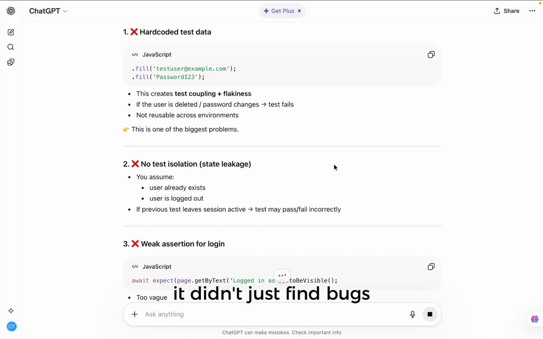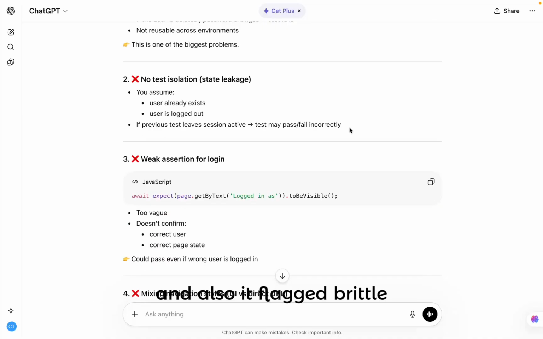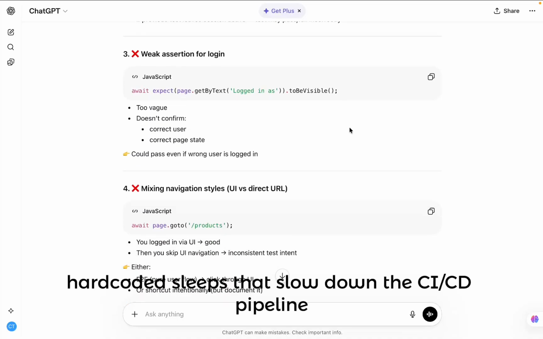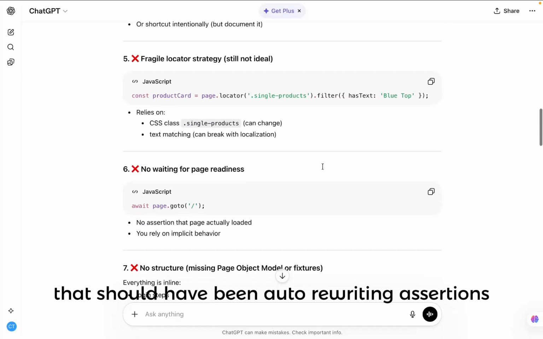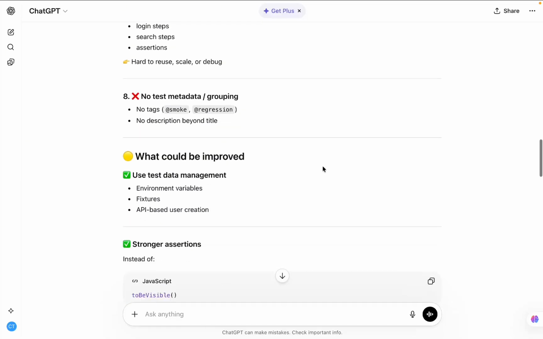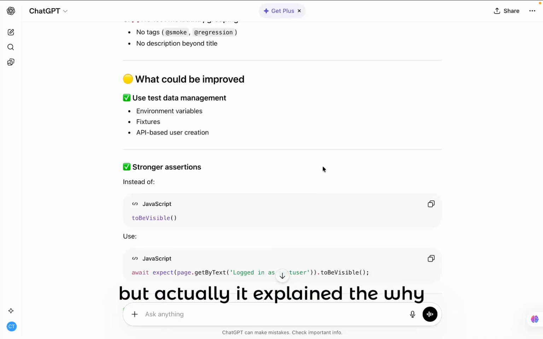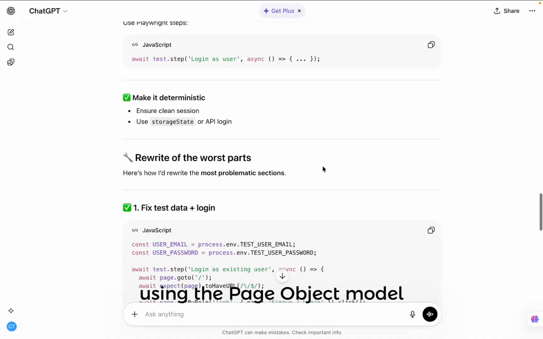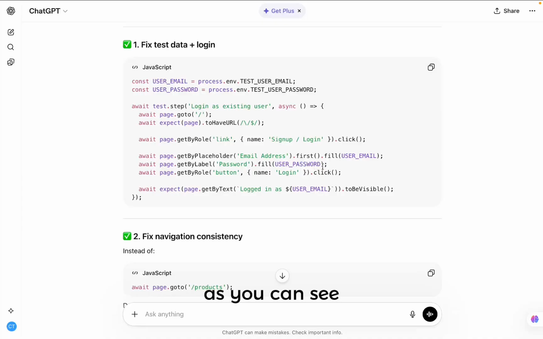It didn't just find bugs, but actually it found architectural flaws. And also, it flagged brittle XPaths that would break on the next UI update, hard-coded sleeps that slow down the CI/CD pipeline, and manual logic checks that should have been auto-retrying assertions. It didn't just say, this is wrong, but actually it explained the why and provided a refactored version using the page object model. As you can see,